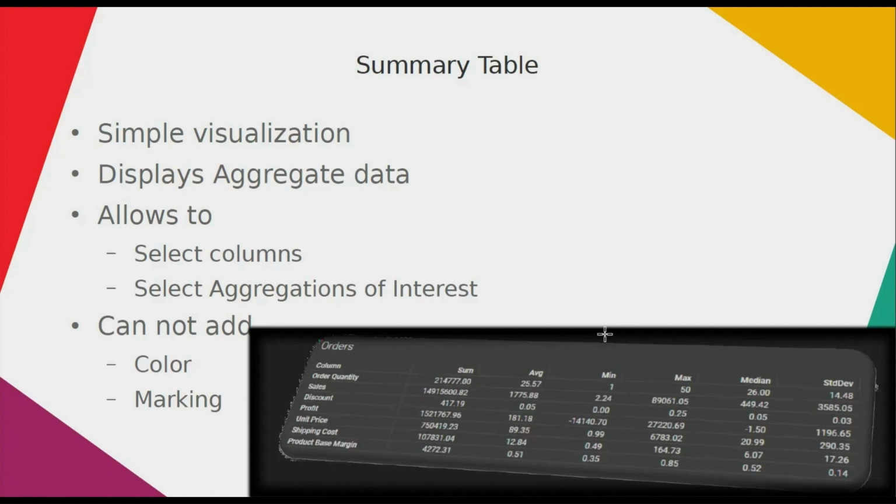Concept is very simple. We got different aggregations available on top of data, and there are different columns. We want to see that aggregations, list of aggregations for all the data available. Summary table is used. Practically,